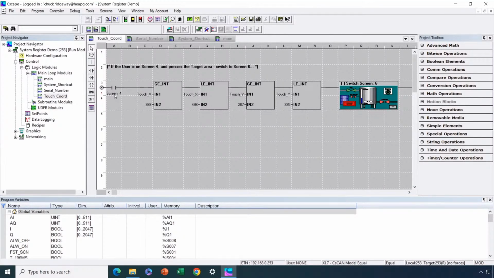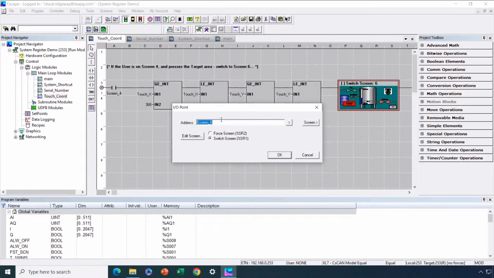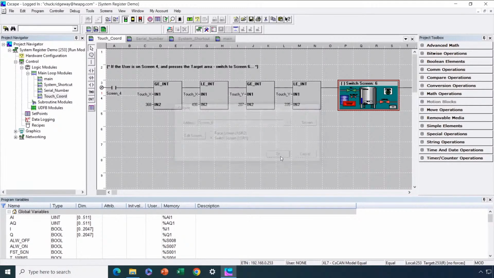So if we're on screen 4, so D4 is on, and if our X coordinate is between 368 and 496, that's the start and the end of the X coordinate for that box. And if my Y coordinate is between 207 and 335, then I'm going to go ahead and switch to screen number switch using the D6 coil, which is tied in this case to a variable called screen 6. So that's really all there was to it, to utilize the X and Y coordinates to cause the screen